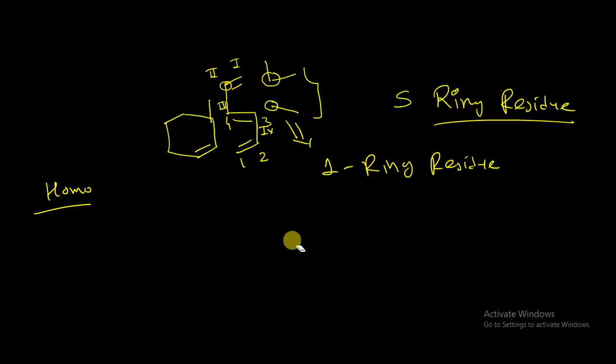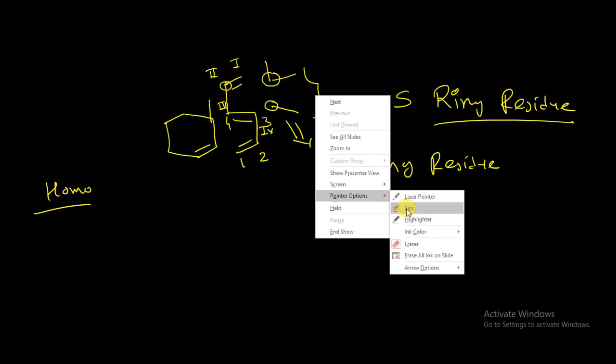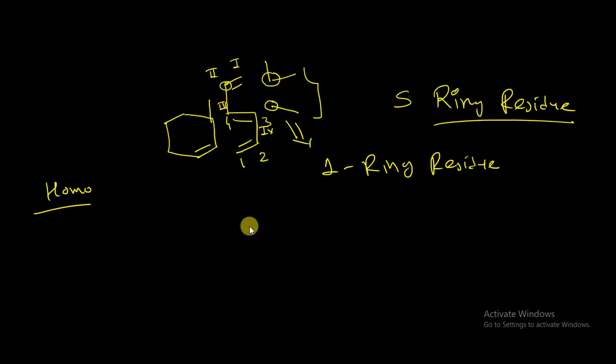So in that way you have to practice this as a ring residue, and you have to consider 5 ring residues and the homoannular system. I have not considered the heteroannular diene system. Why? Because the homoannular diene system should be considered as the base value. For this you have to consider only the homoannular diene system. You do not have to consider the heteroannular diene system.